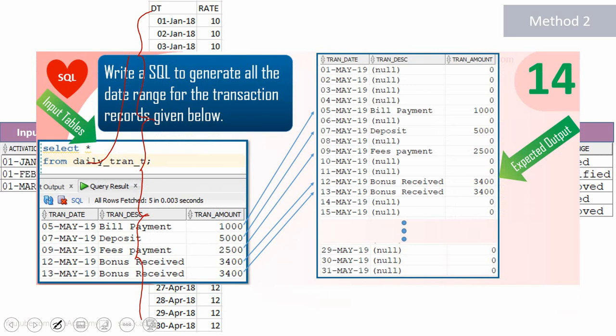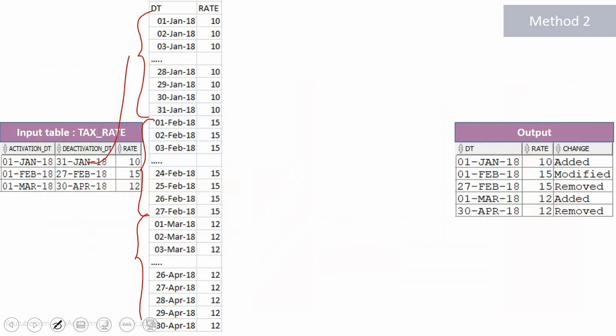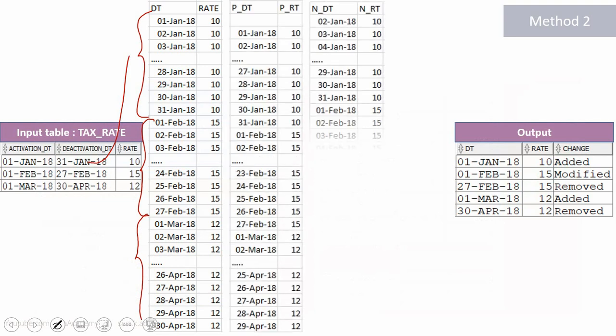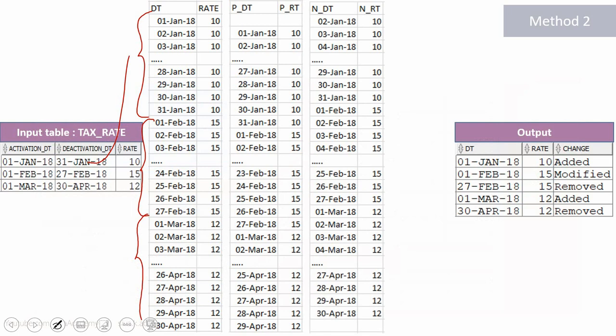Probably you can look into this video to know how to explode a date range into a sequence of dates. Once you have exploded the date range, very similar to our previous example, you can use lead and lag to get the previous and the next row in the same row. Now we just need to implement it. Wherever the previous date is null, it is an addition, or wherever we don't have a previous continuity. For example, for 1st March the previous is 27th Feb, so in this case it is added. Similarly, wherever there is a null in the next row, it is deleted, also wherever there is a discontinuity.